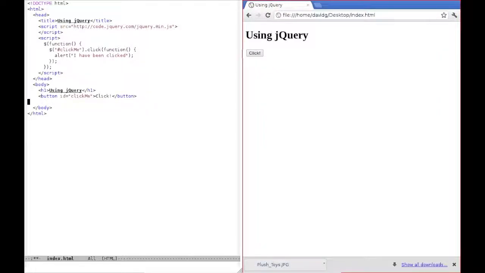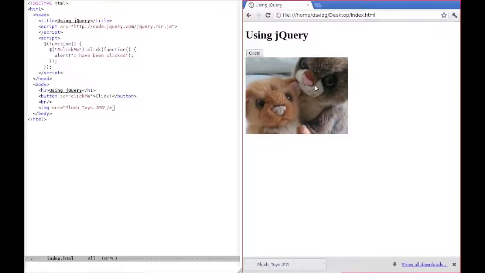Let's add an image to the page. We've got some code on this page at the moment that's got a JavaScript button, which when you click on it displays a dialog box with a message. What we're going to do now is add an image to the page, and we need to rewrite the code so that instead of someone clicking on the button and it displays a message, what we want